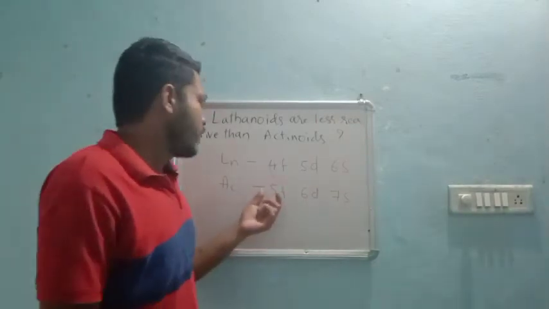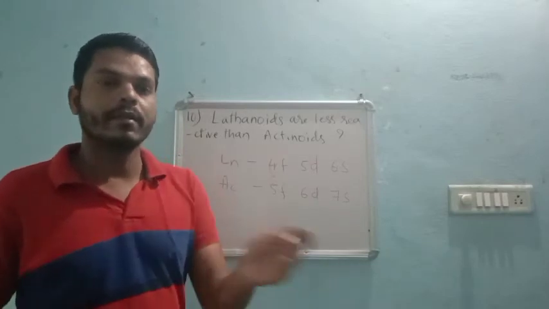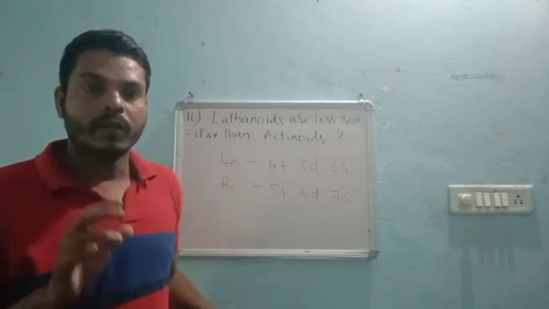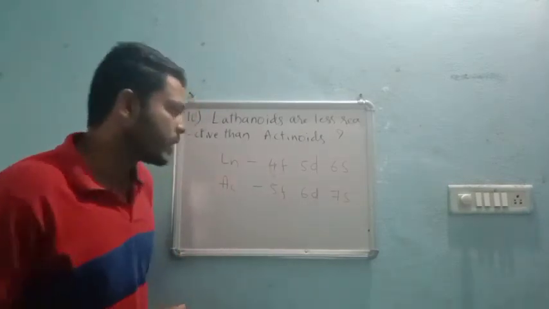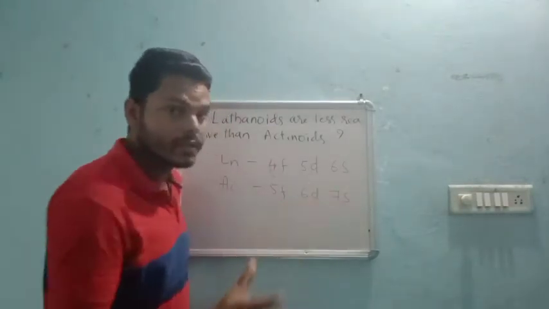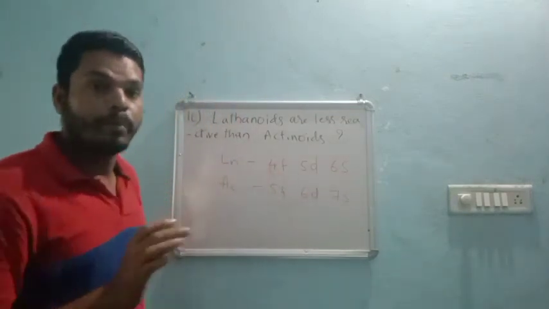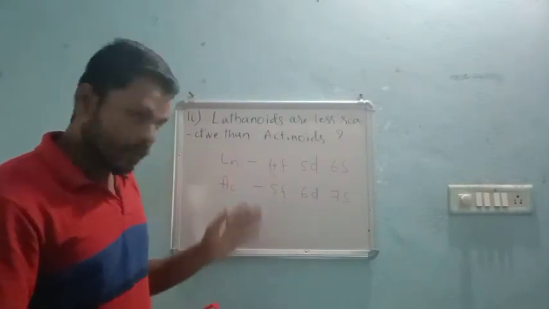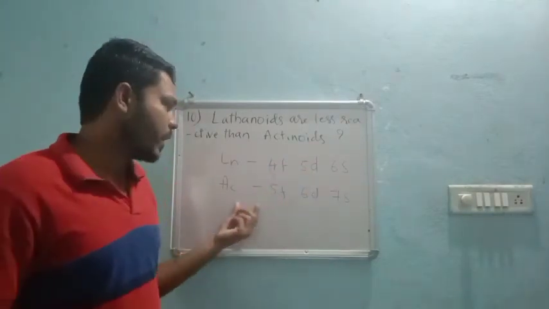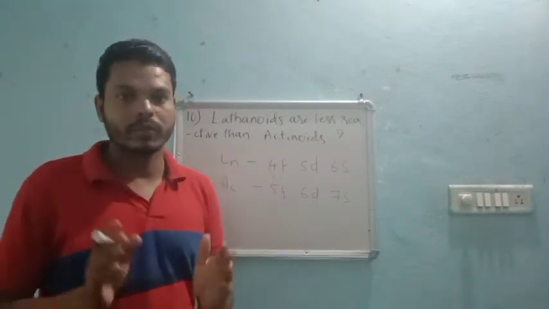See here, as the size increases, the metallic character increases and automatically the positive charge comes in, as we saw about atomic radius. Why I am giving the atomic radius example is because actinoids are having large size as compared to lanthanoids. Because of its size only, your answer will be that lanthanides are having small size as compared to the actinoids. So that's why actinoids can undergo the reaction very easily. So this is the simplest answer.